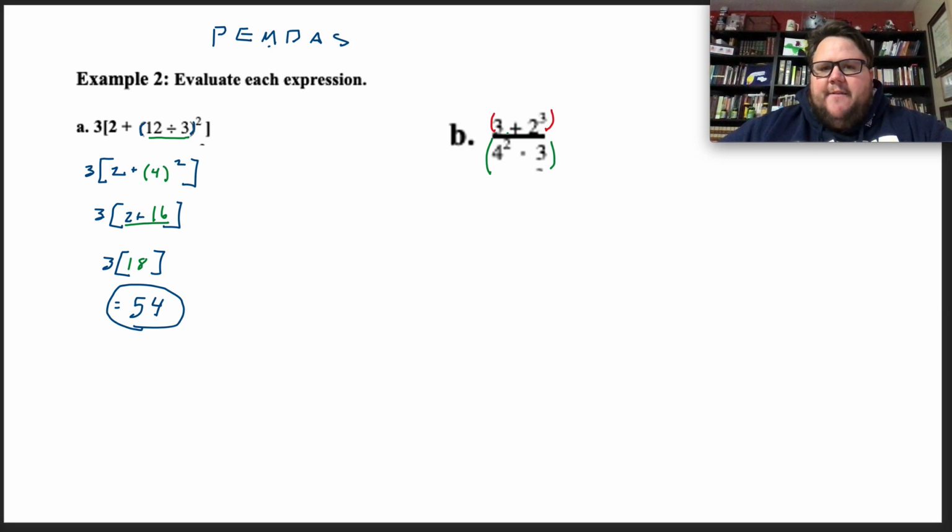So up on the top, I have 3 plus 2 cubed. Well, 2 cubed would be my first one because it's an exponent. So 2 cubed is 2 times 2 times 2. 2 times 2 is 4. 4 times 2 is 8. So I have 3 plus 8 on top. On the bottom, and I'll do this in blue, I have 4 squared minus 3. So 4 squared is 4 times 4, which is 16, minus 3. So this equals 3 plus 8 on top. 3 plus 8 is 11 over